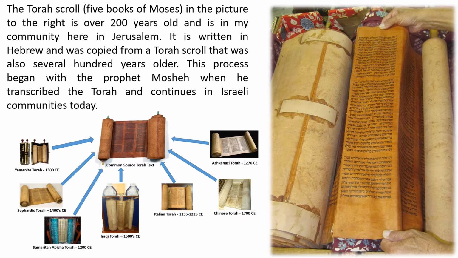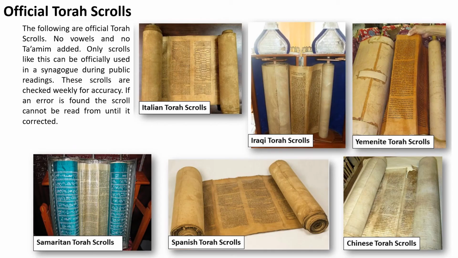And if you compared all of them, especially when you say, okay, well, this Torah scroll came from this location and this from that location, you'll find that they are basically the same thing. I've shown this in a few other videos, and in some of the papers I've written on the Torah scroll. But as I was saying earlier, if you were to take Torah scrolls from different locations, like for example, Italian Torah scrolls, Iraqi Torah scrolls, Yemenite Torah scrolls, and Spanish Torah scrolls, and Chinese Torah scrolls, and even if you just for laughs took a Samaritan Torah scroll and put it on the side, what you would find with all Jewish Torah scrolls from ancient Jewish communities is that they are basically the same Torah scroll.